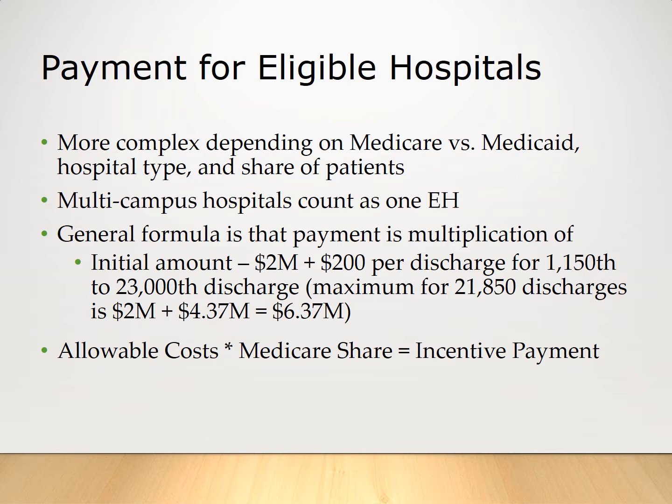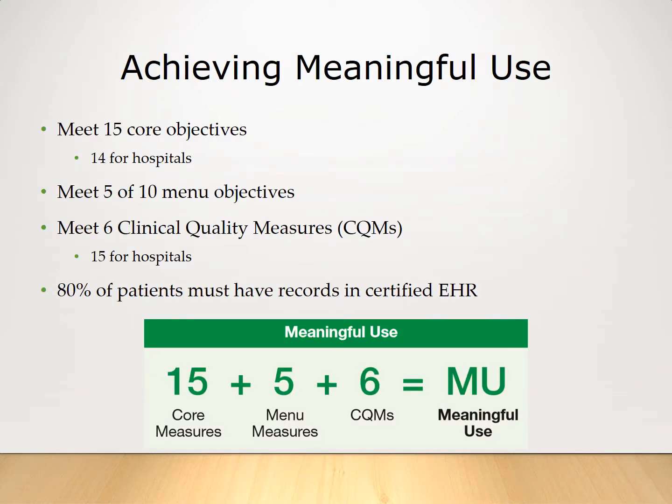The formula for calculating hospital incentives is fairly complex, but begins with a $2 million base payment and then fluctuates based on patient volume. The general formula for arriving at this incentive payment is allowable costs multiplied by the hospital's Medicare share. To achieve meaningful use, providers and hospitals have to meet a combination of the criteria outlined on this